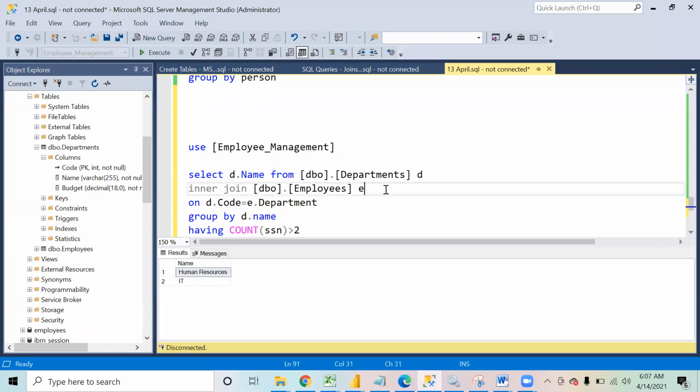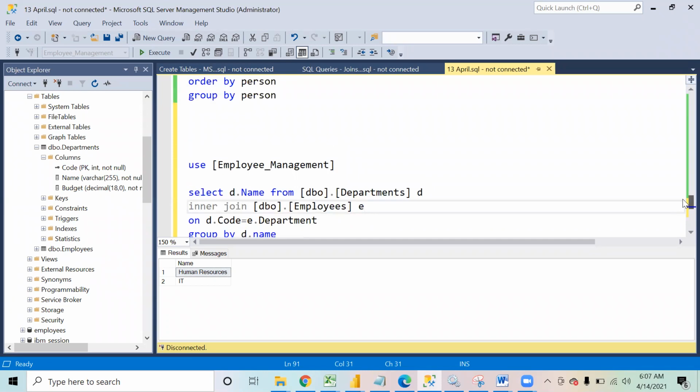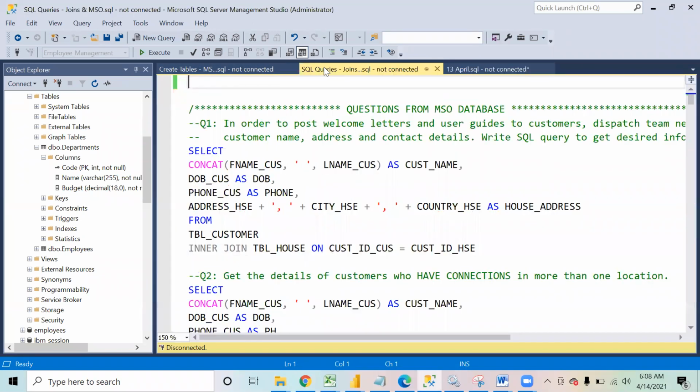Hi, everyone. Did you all get a chance to practice on the assignment that I shared with all of you? Any question that you would like to ask? Sure, Rama, please tell me. I just saw that while creating a table, we are using a Go command. What's the use of the Go command?